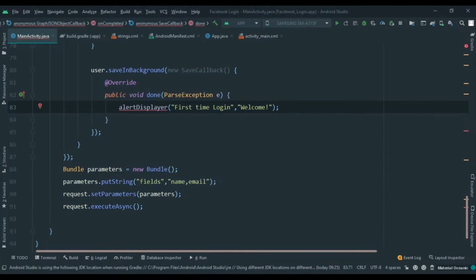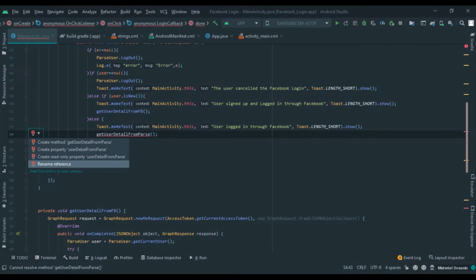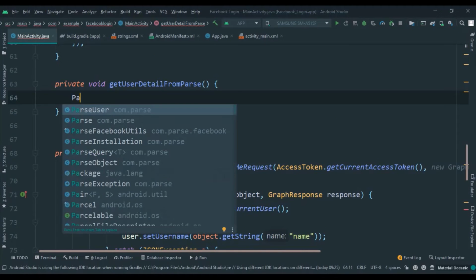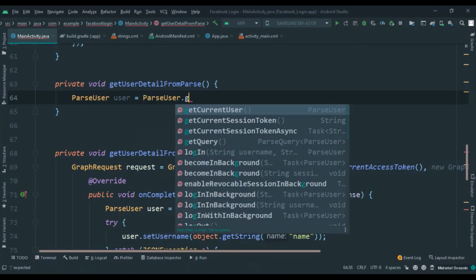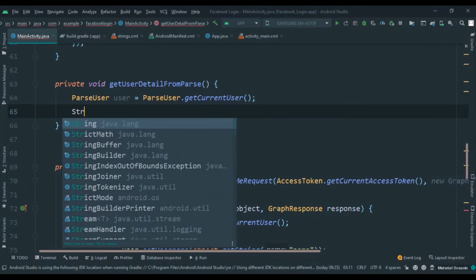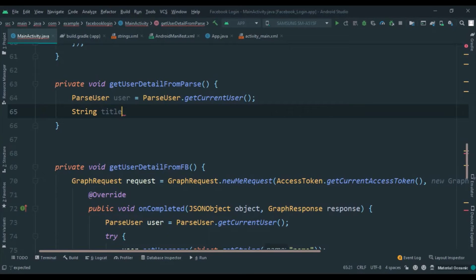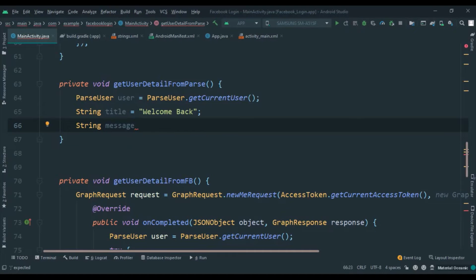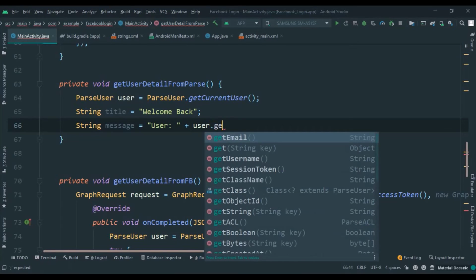Now we create the method getUserDetailFromParse, and here we write ParseUser user equals ParseUser.getCurrentUser, and then we declare a String title and write "Welcome back", and we declare String message and we write "User" and append user.getUsername,